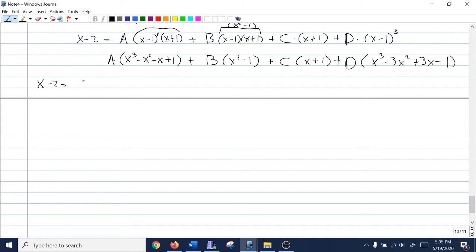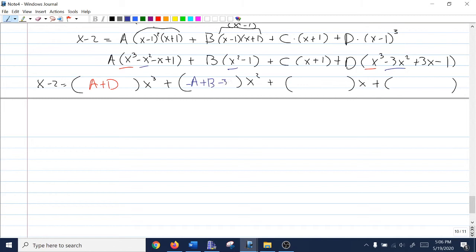I want x minus 2 to equal... I'm going to have some x cubeds, some x squareds, some x's, and a constant term. How many x cubes? A plus d. How many x squareds? Negative a plus b minus 3d. What's my x term? Minus a plus c plus 3d. What's my constant term? A minus b plus c